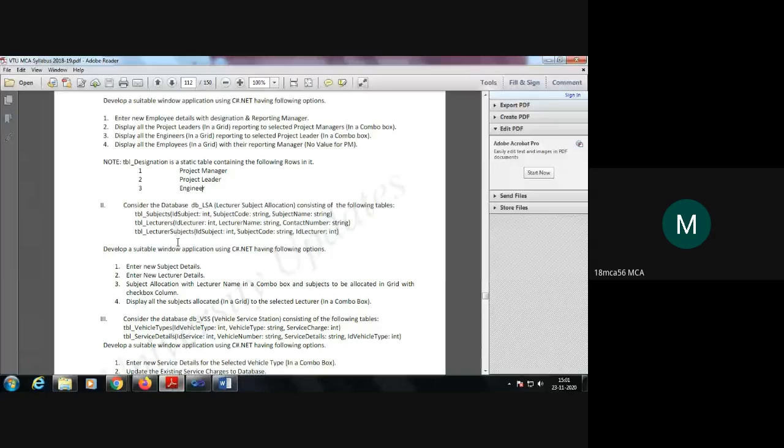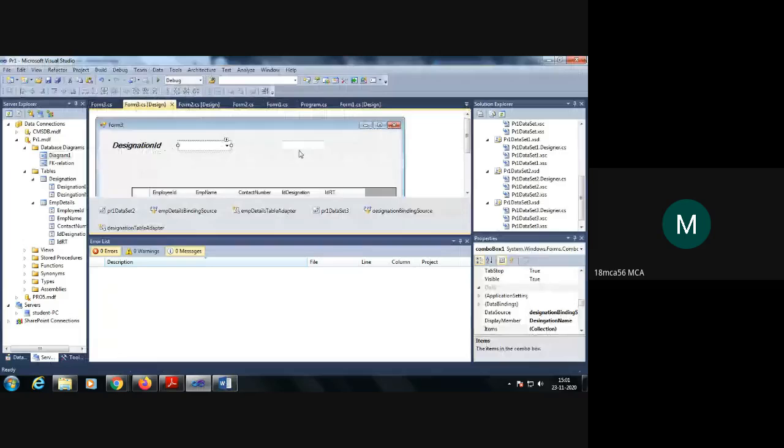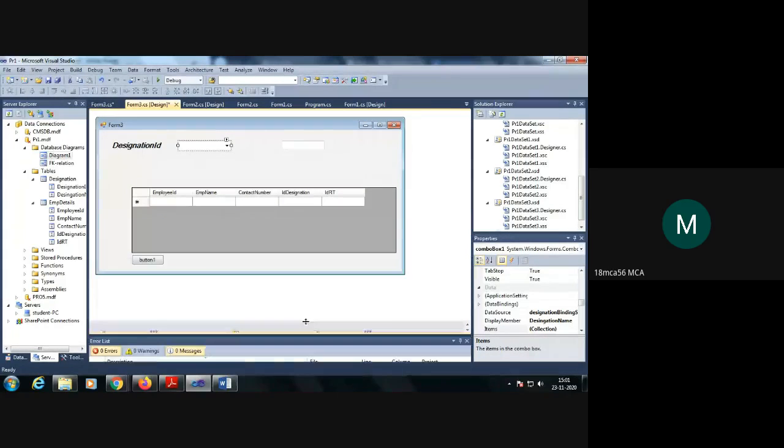The next query is, what is the next query? Display all the project leader in a grid reporting to selected project manager in a combo box. So we have to display the project leaders and we have to select the project manager. So for that, this is form 3. So in form 3, what I have done is I have taken the